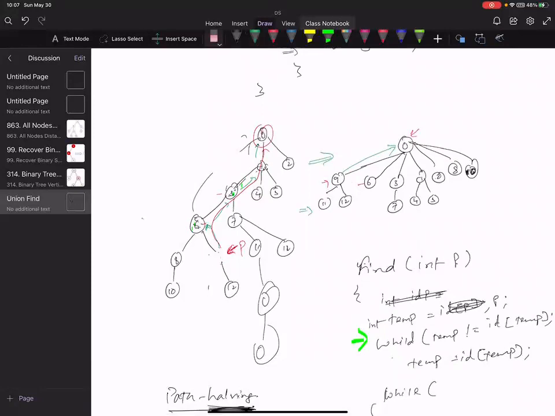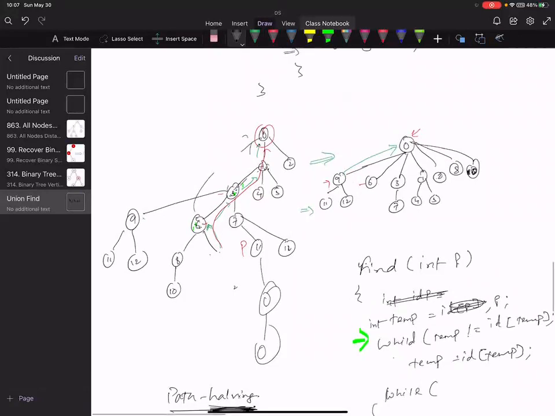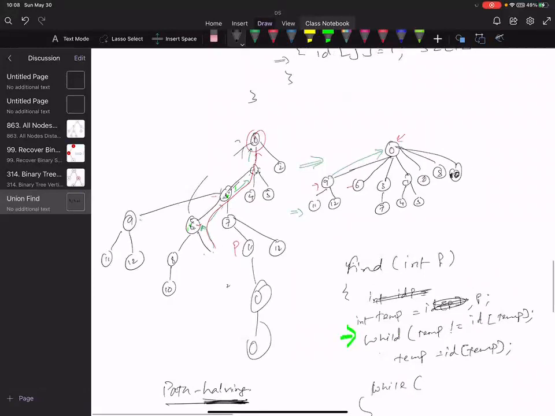Okay, so this 9, 11, and 12. Now, basically, we came here, then 3. So we are not just going to do only 9, we are going to do the whole path. We skip 6, we did 3. Then we skip 1, we did 0.